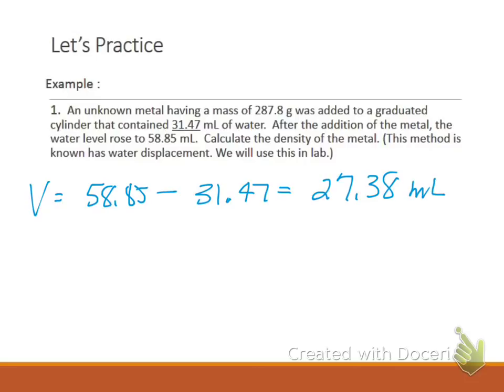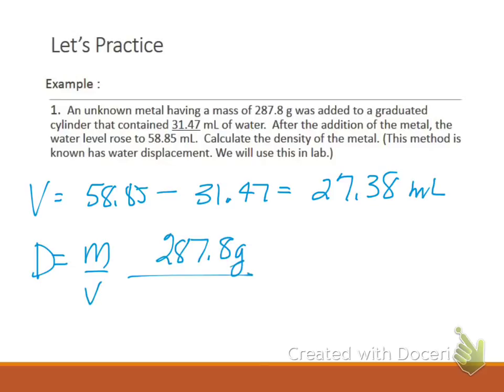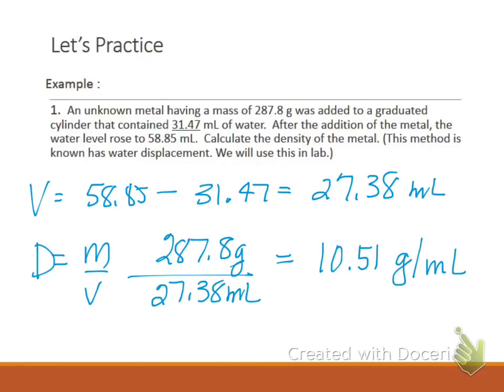Is it 27.38? Yes. Okay. And then now we just do density is equal to mass over volume. So it gave us in the problem 287.8 grams divided by 27.38 milliliters. And what does that number come out to be? 10.51132211. Now, we said grams per milliliter, but we know that this is a solid, so technically it would be more correct to change that to centimeters cubed